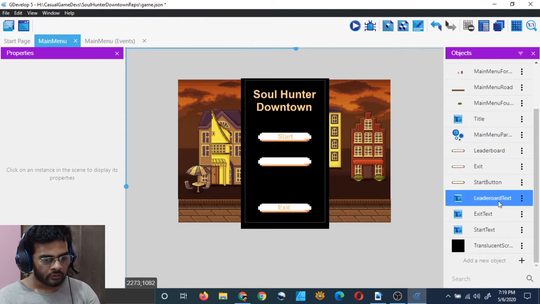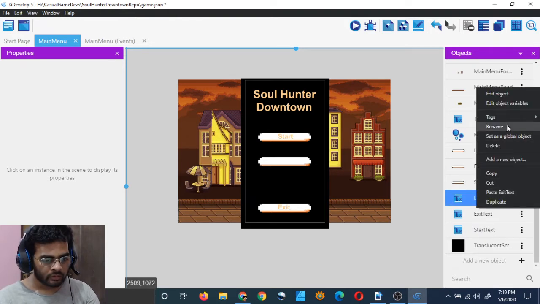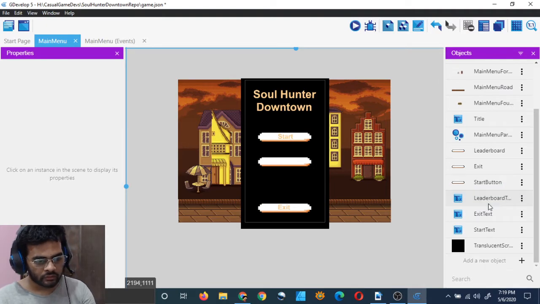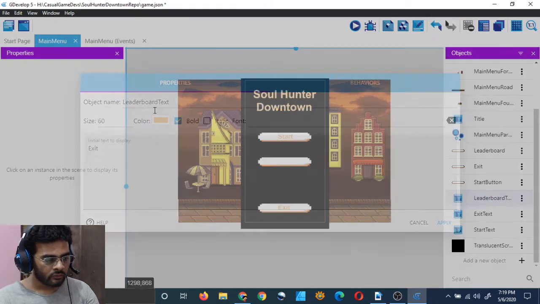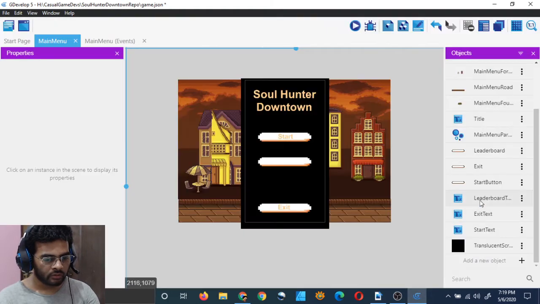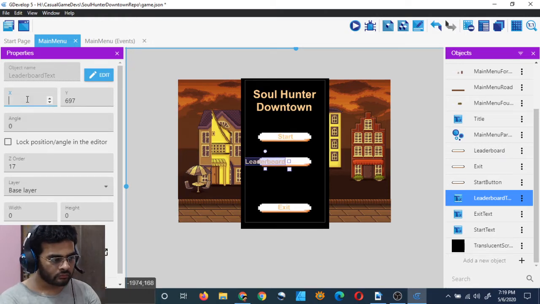Oops, spelling is wrong. Let me correct the spelling. Leaderboard text, and just open it and put the letters leaderboard, apply, and then drag it over here and put the X value as 296,